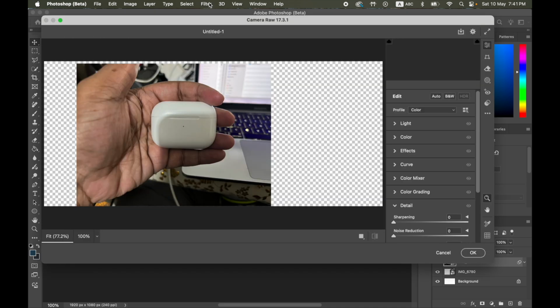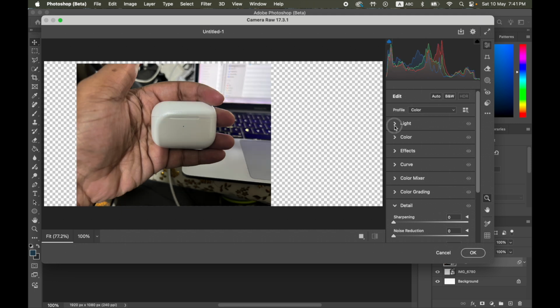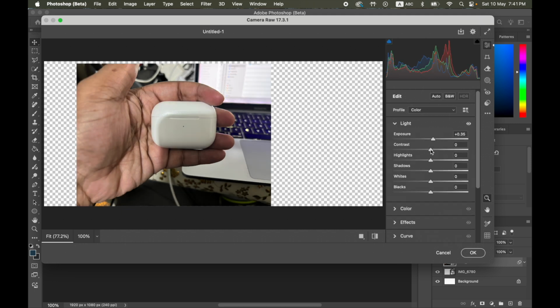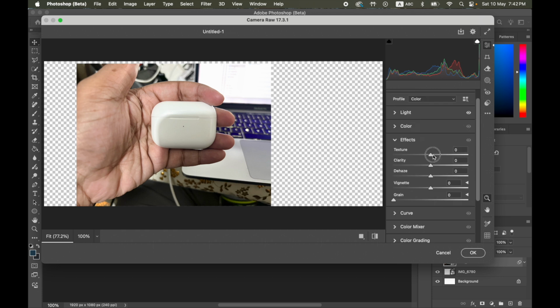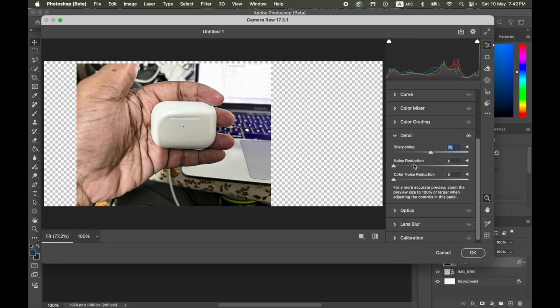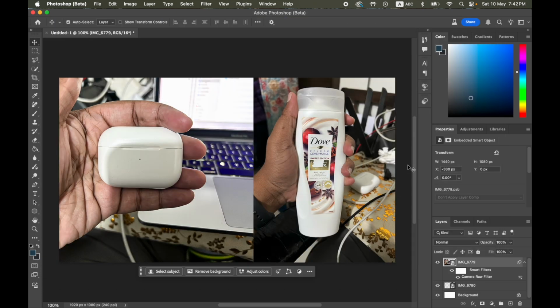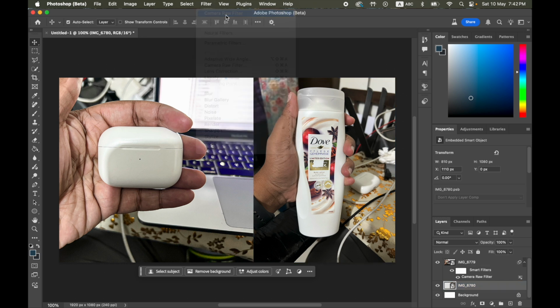Click on Filter and then click on Camera Raw Filter, and you can press Auto, but Auto doesn't work well all the time, so hit Ctrl+Z and adjust the metrics manually. I'm going to add a bit of texture, a bit of clarity, go to Detail, add sharpening, add a bit of noise reduction and hit enter. This looks better. Now go to the same image and you can hit Camera Raw Filter,